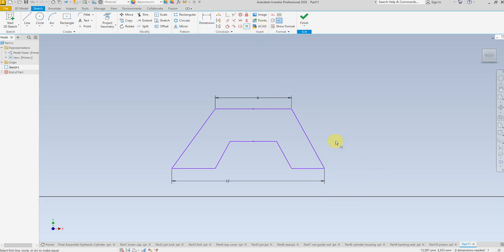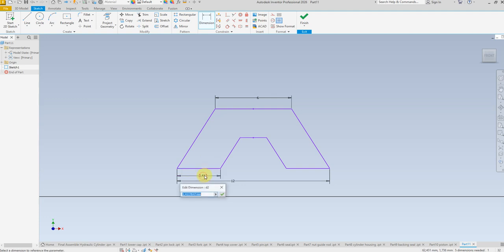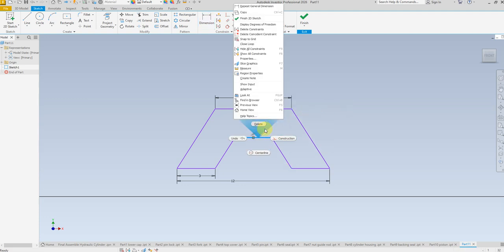Let me select equal command, select this and this to be equal, this one and this one to be equal, and this one and this one to be equal. 3 millimeter. So now delete this one